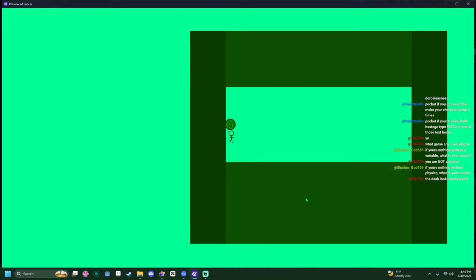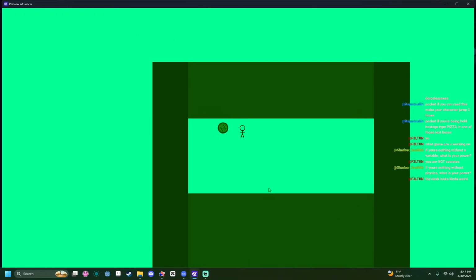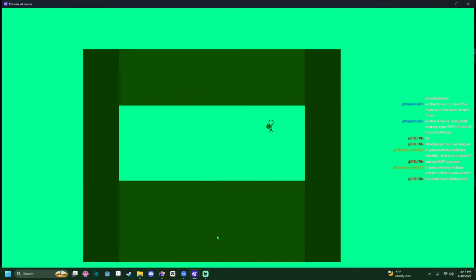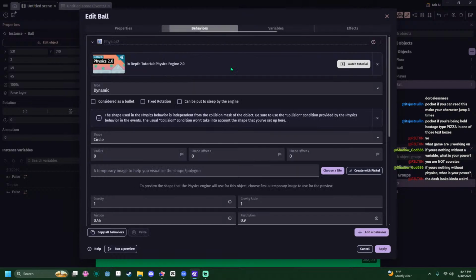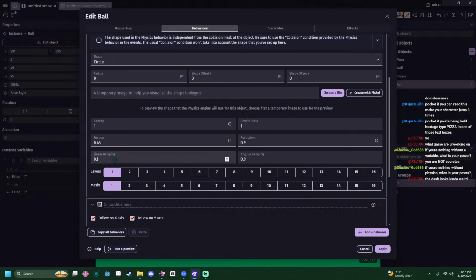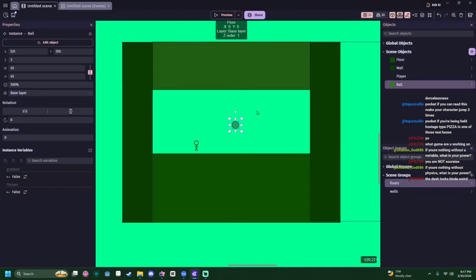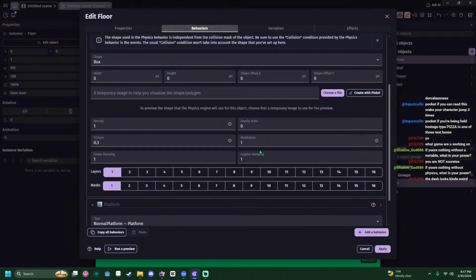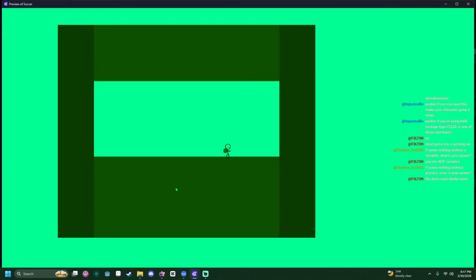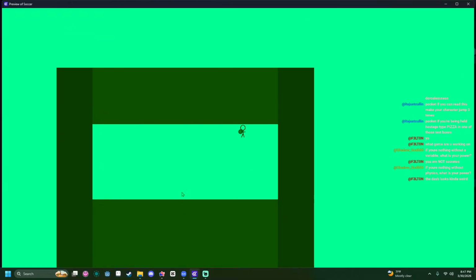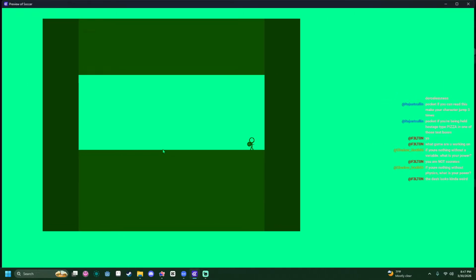See, that should have bounced off a little bit, but it didn't. This is definitely doing what I wanted to do, though. No, it's not. What the fuck? I don't get it. Friction? 0? I don't know. 0.8, 0.8. There we go. It's the angle. Okay. Yeah, there we go.